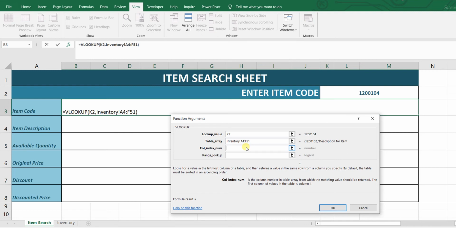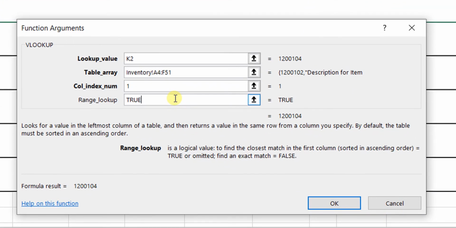Now it's asking me, out of all the columns that you have given me over here, which column do you want me to display? So since I'm looking for item code, which is column number 1, I select 1, and the last thing it asks me for VLookup is basically whether I want to search for an approximate match or an exact match. Now if I put true over here, like so, sorry, gotta work on my spellings. If I search true over here, since I'm giving it a number, it will be more or less the same